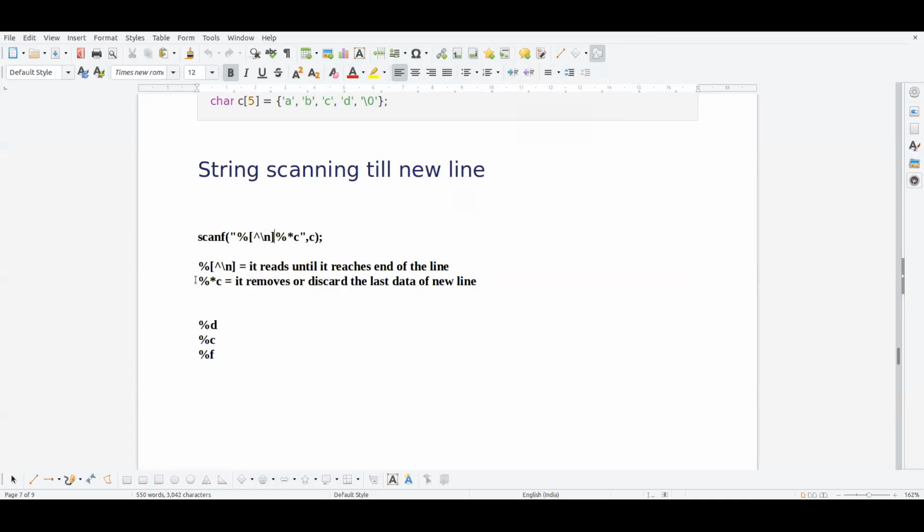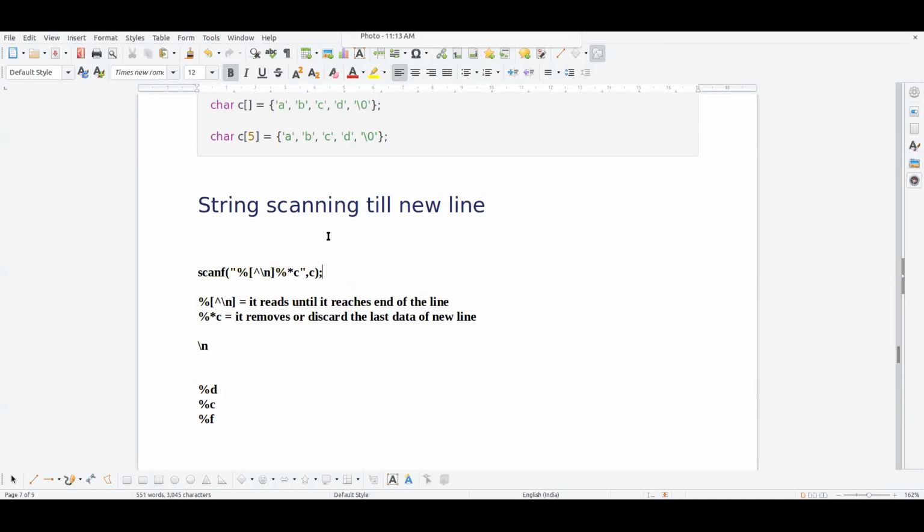And the %c: we have read until the last line, which means it has read the character \n. We want to discard this \n from the data stored in the variable, so we use this %c. Once you execute this, let me know if you have any doubts.